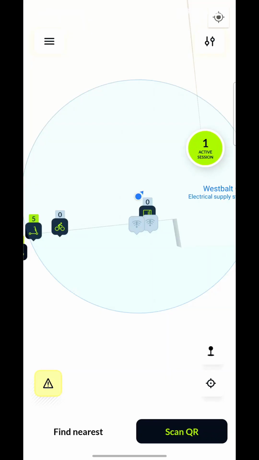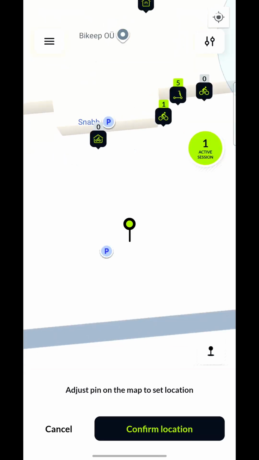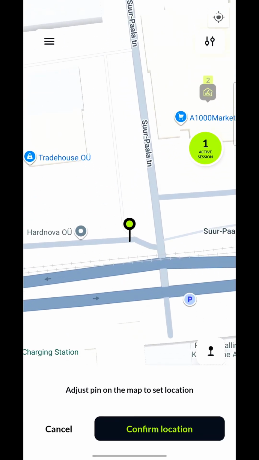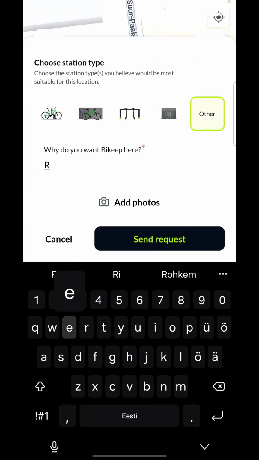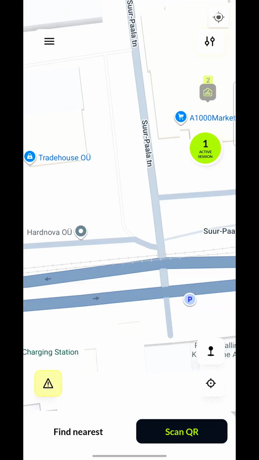Some of the additional features here are, for example, requests for new locations. This is incredibly useful when planning for new bike parking locations. You can actually crowdsource the information from the users, where the users are able to pinpoint on the map where they wish to have more bike parking and what kind of bike parking, and we can adjust. It doesn't have to be only the Bikeep one, it can be something else. And here we can leave our reasoning. And if needed, we can also add a photo of the location and send the request. The Bikeep team gathers these requests and is able to forward them to the urban developers. So as you see, it's not only for parking, there are tons of other useful features,